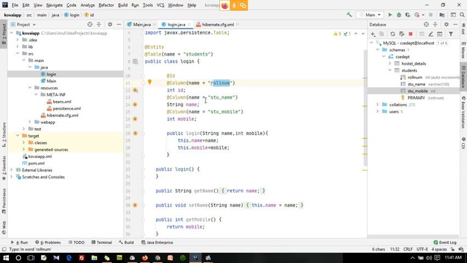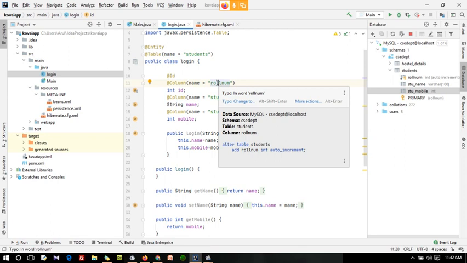If you didn't give auto generated, you can also add this roll number inside your constructor. You can give your own customized roll numbers. For example, you people have 18 EUCS 001, right? If it is that, you can put it in a varchar and give it. No auto increment is given for that kind of roll number. I am just giving 1 2 3 as my roll number, so I have chosen auto increment and it is a primary key for my student table. Because I am going to use this roll number as a primary key for everything, and in another table it is going to be referred to as a foreign key. That is very important.